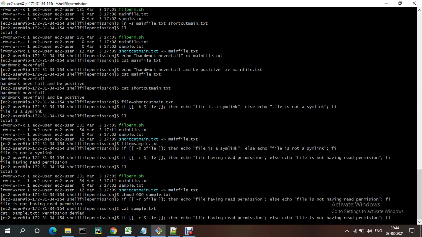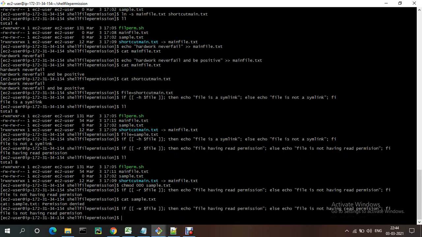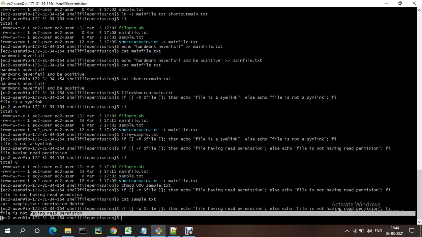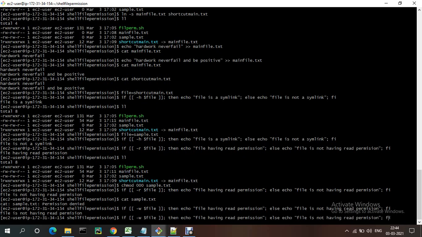If you try, instead of r we can give w, write permission. See, file is not having, you just need to change the echo statement.